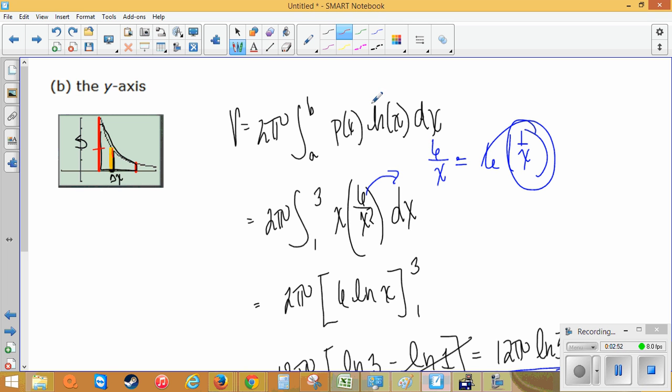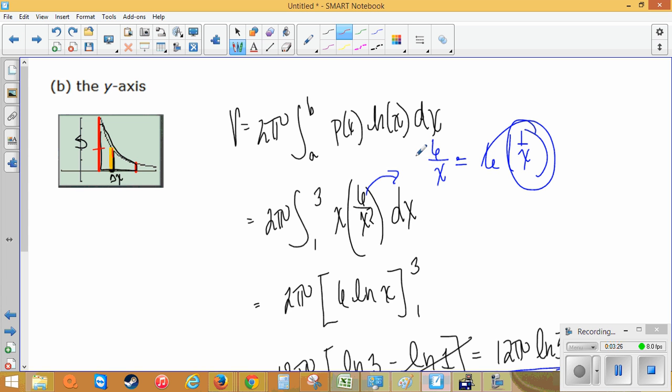So that's 2 pi times the integral. And the integral is going to be the delta x, the width of that rectangle. So it's normally an x or a y, but it can be other things, and we'll see that in C as well. Times the height of the rectangle, which in this case is, again, 6 over x squared. That was the whole point of using the shell method, so that we didn't have to manipulate any of those functions. So now I have 2 pi integral from 1 to 3, x times